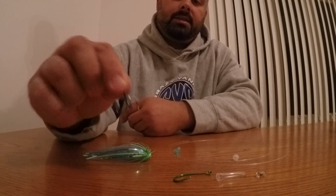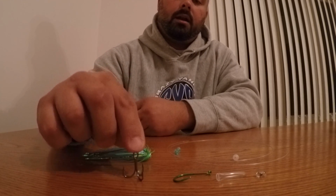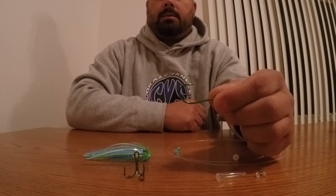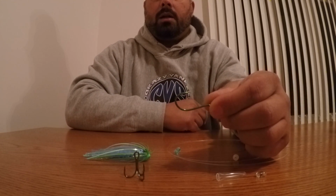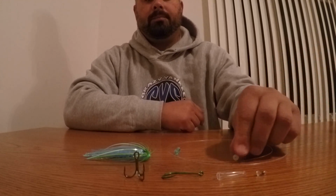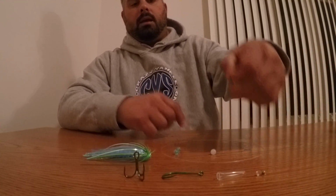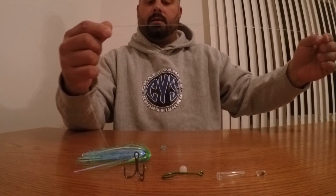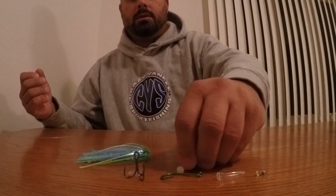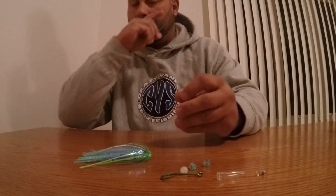We've got our VMC Spark Point 4X hook here in a number 2, a Octopus Gamakatsu 5/0. We've got a rattle, some tubing, our beads, and right here is a 36-inch piece of 50-pound fluorocarbon. So the first thing we're going to do is take our treble hook,